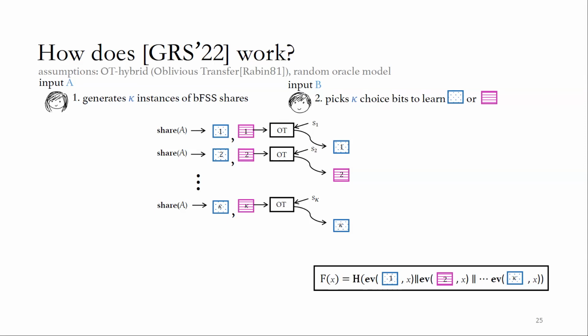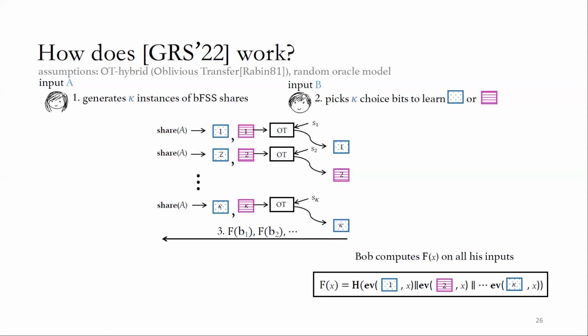The crucial thing to observe here is the way this function f is defined depends on Bob's choice bits. It inherently contains all the information about Bob's choice bits. Now, because Bob made these choices, he can compute this function f on any point that he chooses. And specifically, he computes it on every point that lies within his unstructured set, and he sends it across to